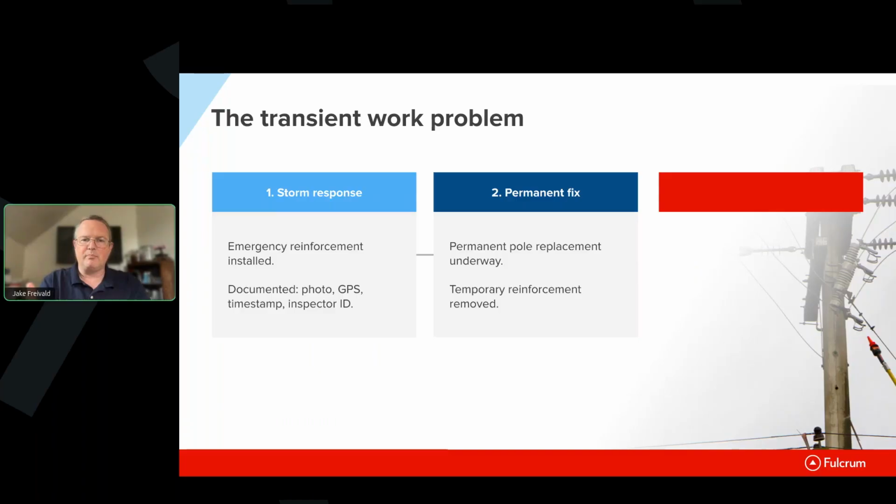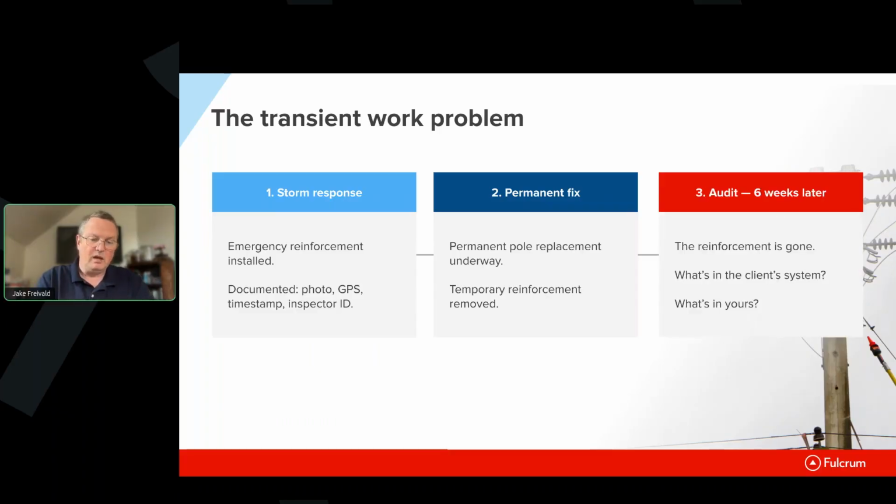Next, they would put in a permanent fix. Now, sometimes that permanent fix was a new wooden pole, right? They'd eliminate the reinforced pole that they had, let's say, initially, and put in a new wooden pole. And that permanent fix would then be similarly documented to say, okay, we've just done the work to replace that pole. Maybe that pole would be a composite pole. So you originally got things re-energized with a wooden pole, but then when you did the replacement work, you put in a composite pole. I think that was actually the use case they were describing there.